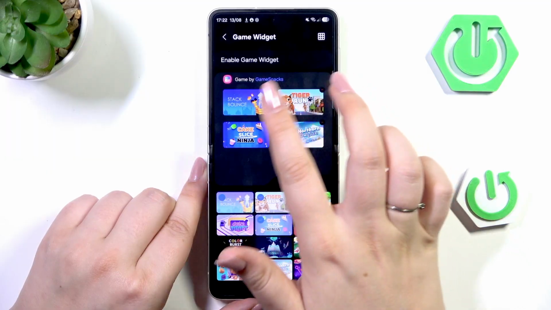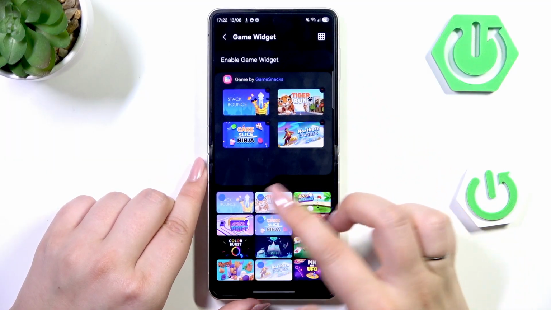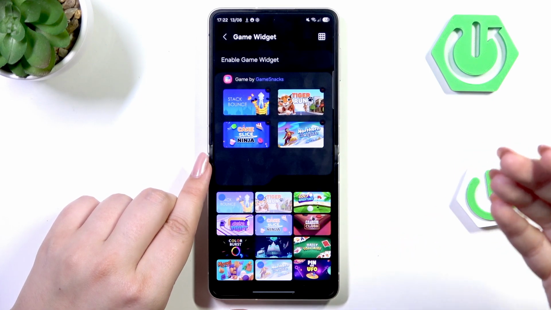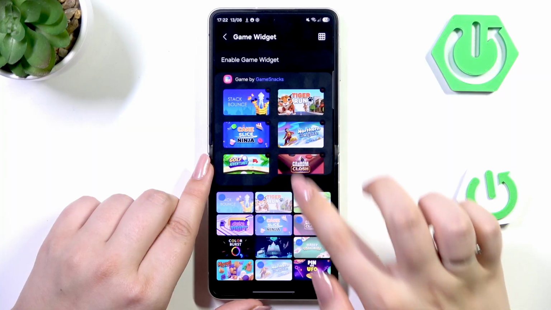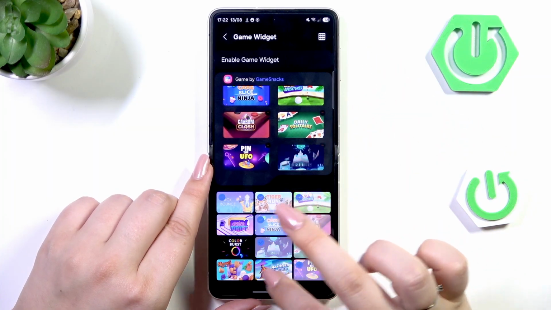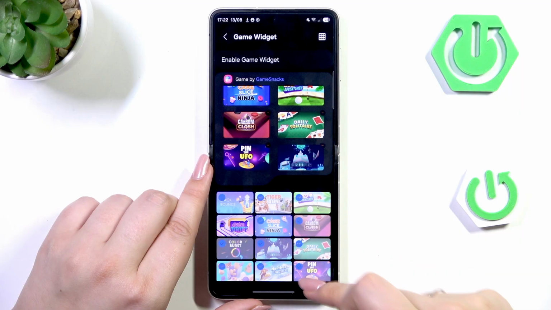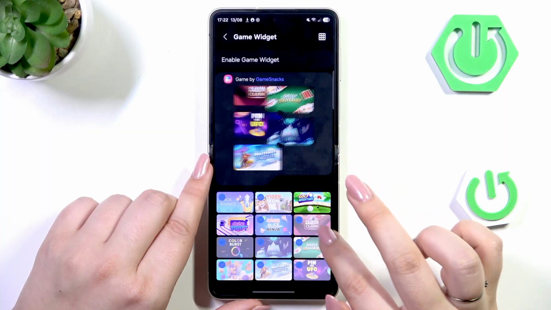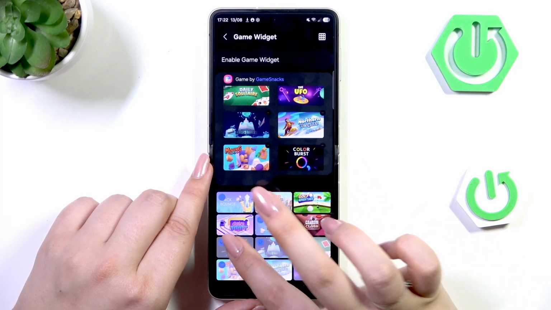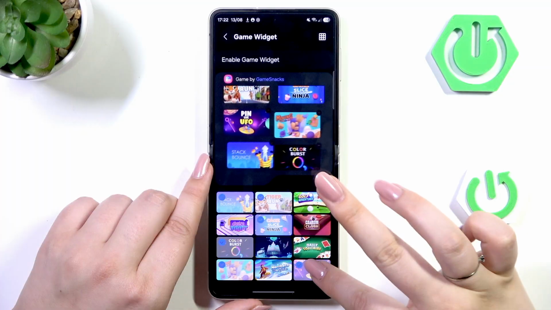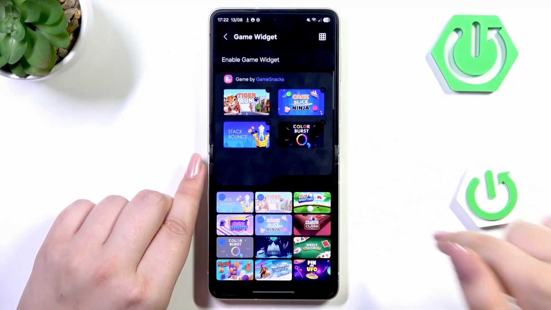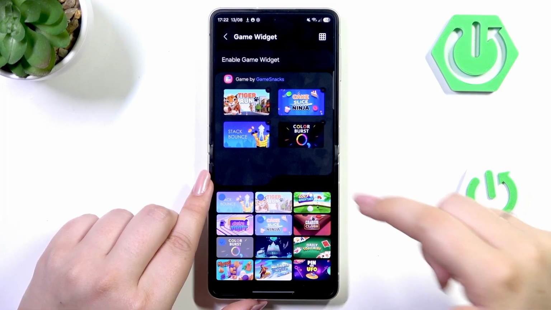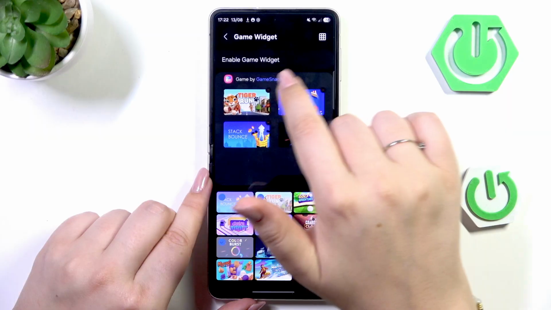And here we've got the games that we can actually apply to the cover screen, let's say. So if you want to, you can add all of them. If not, you can choose only one or two. I think I'll pick maybe four different. It doesn't really matter. Just choose the games that you'd like to apply to the cover screen, and then after choosing you need to tap on Enable